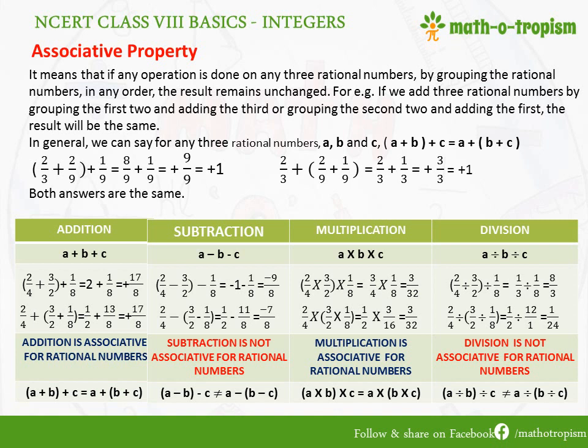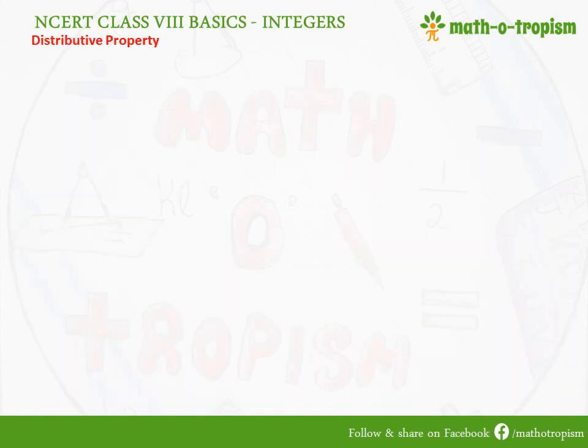So we could do the calculation quickly. Hence, when we are getting sums of addition for rational numbers, we can group together the rational numbers which have the same denominators first, do the operation on them, and then continue with the next part of the sum. So this is where the associative property is useful for us.